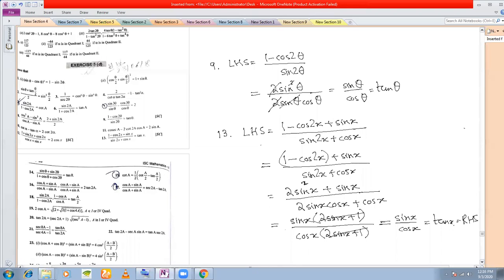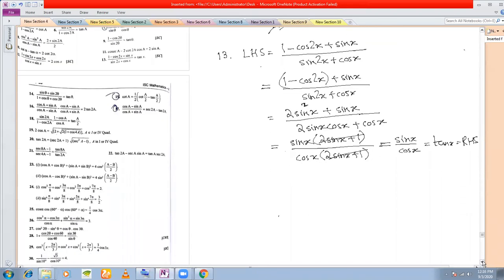Simply tan x, which is equal to right hand side. So this is also a very important problem. Okay, let's move on to the, in fact, you can do number 12 exactly in a similar manner. But let's do number 12. I somehow have a feeling that it may just be a little different. Let's finish it. Yeah, 5 minutes, we'll finish it.